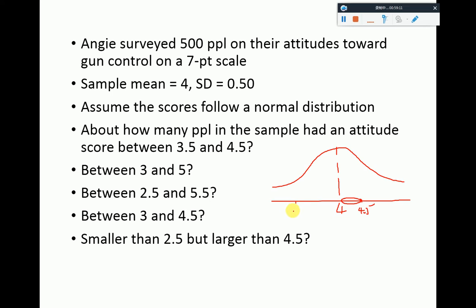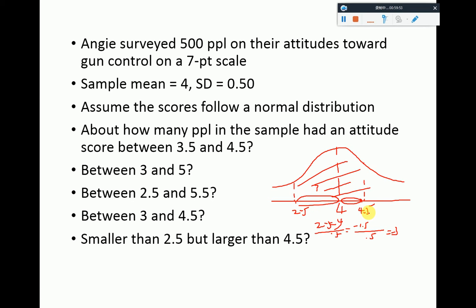But where's 2.5? 2.5 is here, right? We know 2.5 will be exactly 3 standard deviation below the mean, right? So 2.5 minus 4 divided by 0.5, that's negative 1.5 divided by 0.5, it will be negative 3, right? So 2.5 is exactly 3 standard deviation below the mean. So this part would then be the probability of observing any value that's greater than 2.5 but smaller than